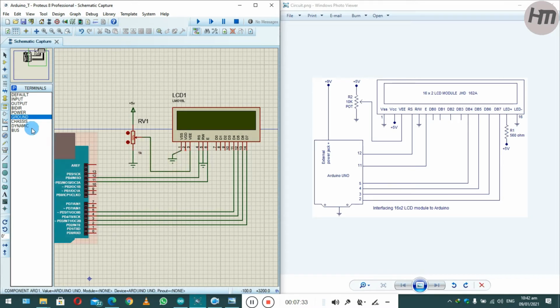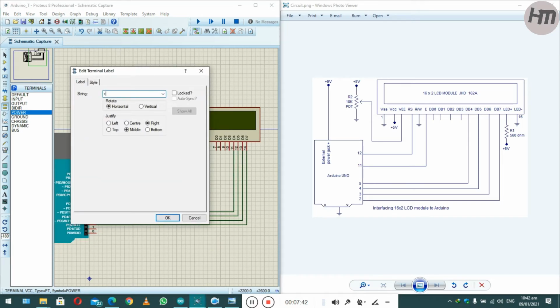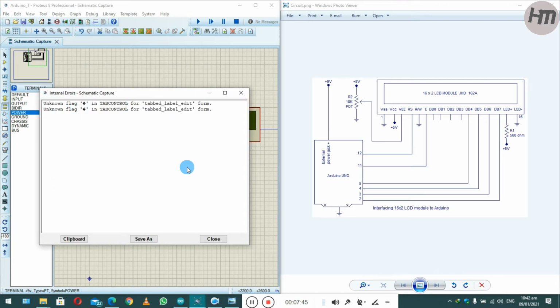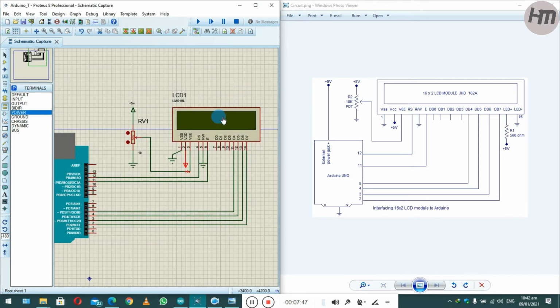And the VDD is connected with the 5 volts power supply. I will just give the VDD the power supply, that is again the 5 volts DC. So our circuit is ready.